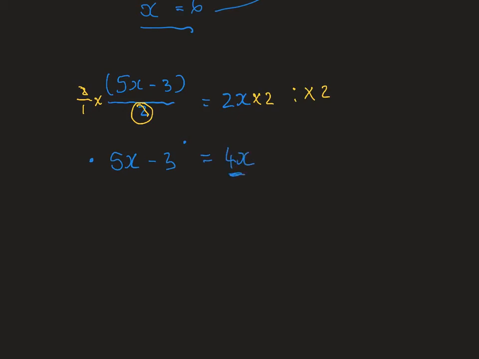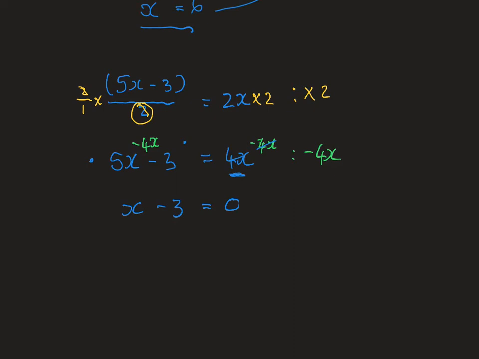We now want to get rid of this 4x, or take it to the left-hand side, so we're going to subtract 4x from each side. 5x minus 4x is just 1x, is equal to 4x minus 4x, which is nothing. And in this case we have to write it. We can't just leave a whole side of an equation empty. If there was another term, we would just write the other term, but since there's nothing else, we need to